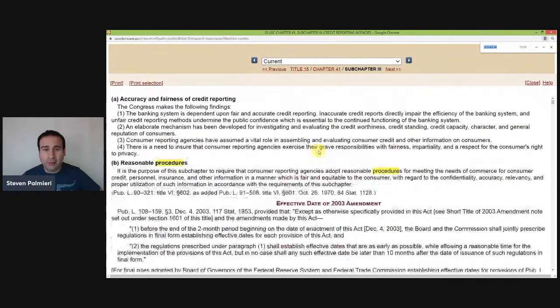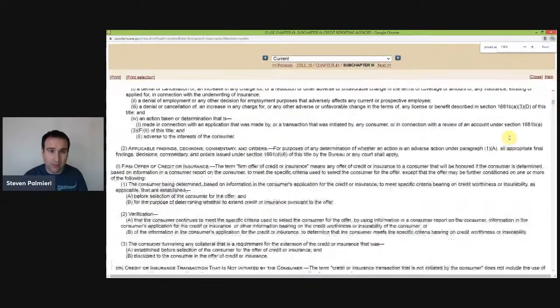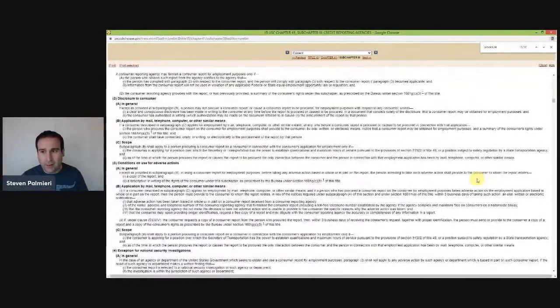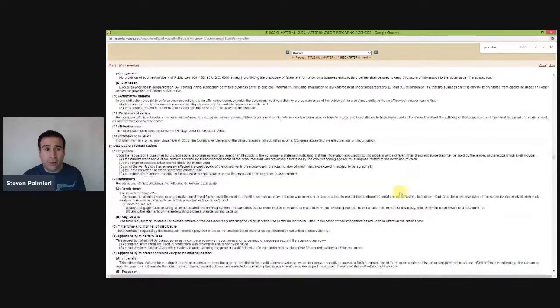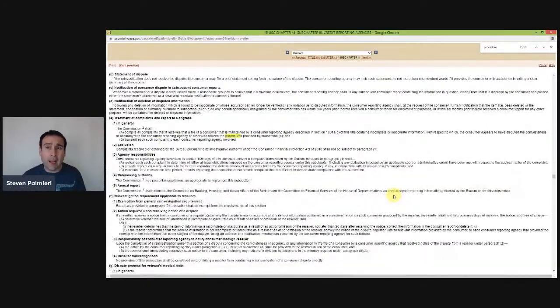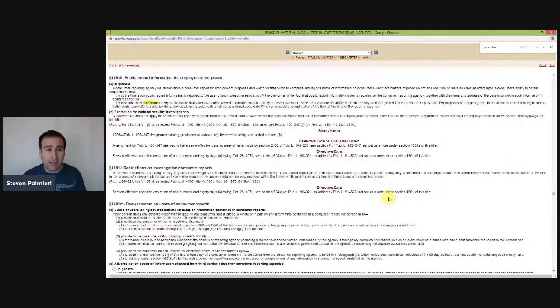So this is the entire FCRA, and we can scroll through it. We will shrink it down a little bit here just to make the scrolling easier. There are going to be yellow highlights all throughout here for procedures. If we scroll through the FCRA, see, there's yellow. The FCRA was designed to create procedures surrounding how the reporting of information, or the telling of these stories, is supposed to be handled. So the entire FCRA has procedures sprinkled throughout it.